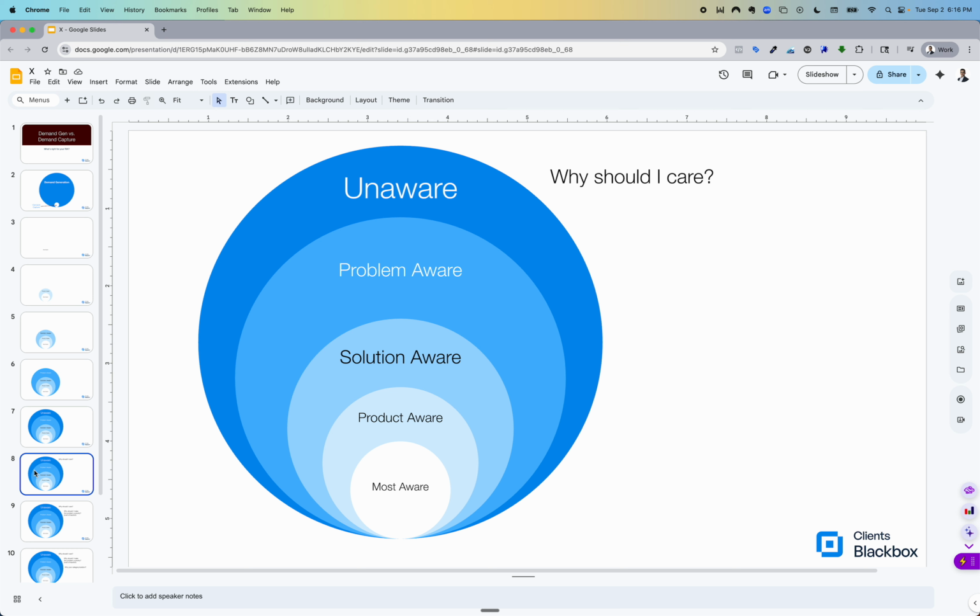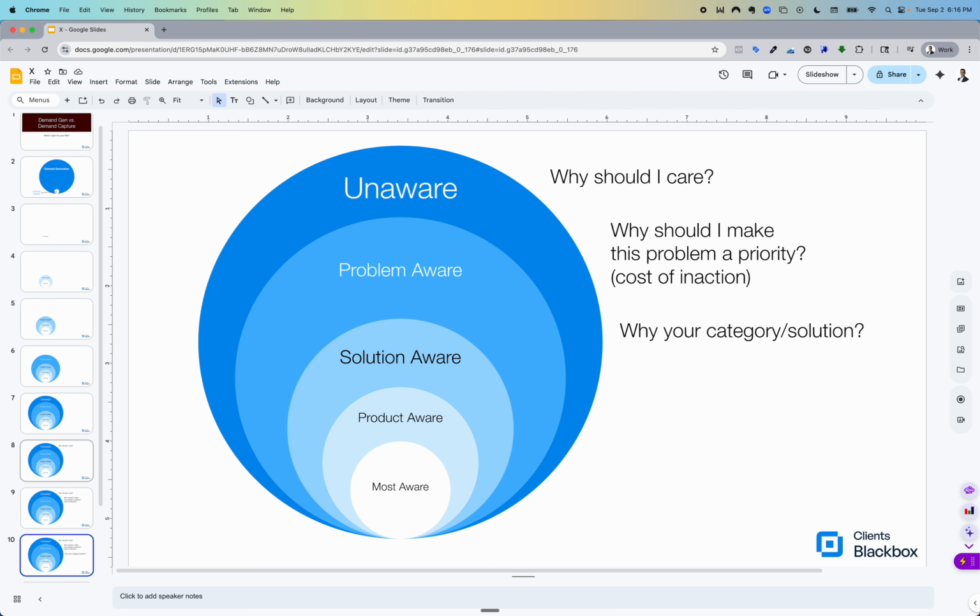Number 2, the next thing you should answer is, why should I make this problem a priority? Now that I'm aware of this problem, you've made me aware of this problem. Why is this a big deal? Agitate the problem, make it hurt, explain the cost of inaction. Explain to me that, hey, I have all these different problems in my life that I have to deal with, these different priorities in my life. Why should I prioritize this over everything else, okay?